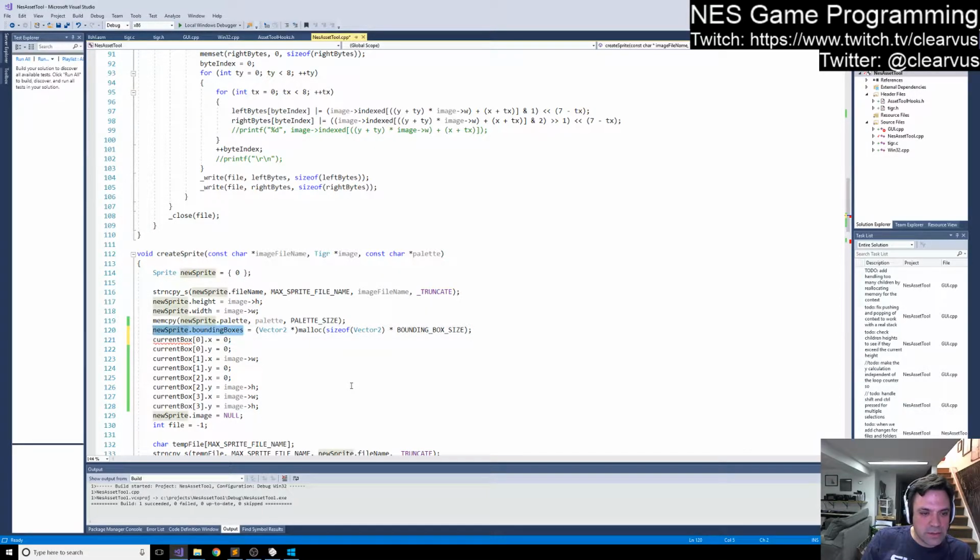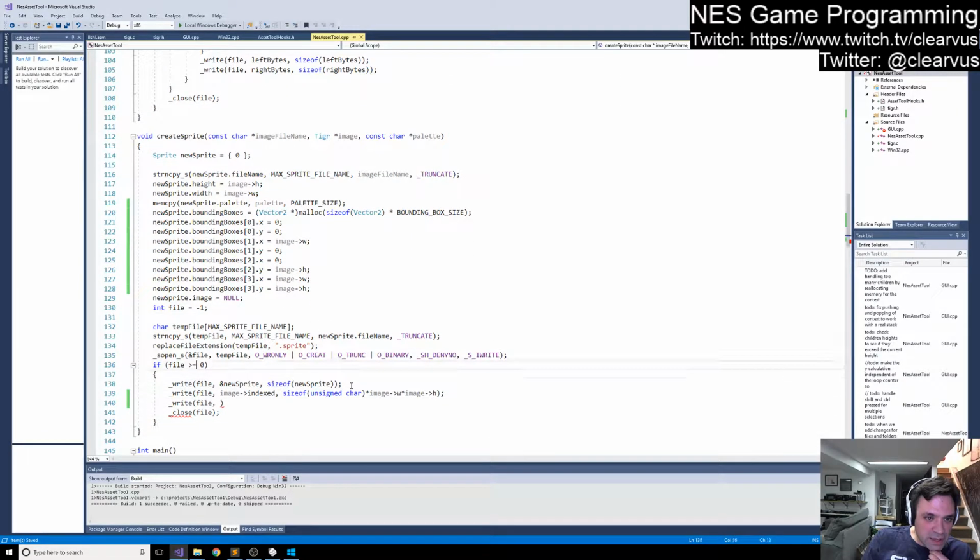And again, this kind of undoes the change that I just did, because the only reason I like this better is because now we're basically just going to have a single blob of bounding box information rather than a bunch of bounding box information that we have to kind of piece together as different arrays of these vector2s. It'll make it easier to write to the file and read from the file and stuff like that. So,